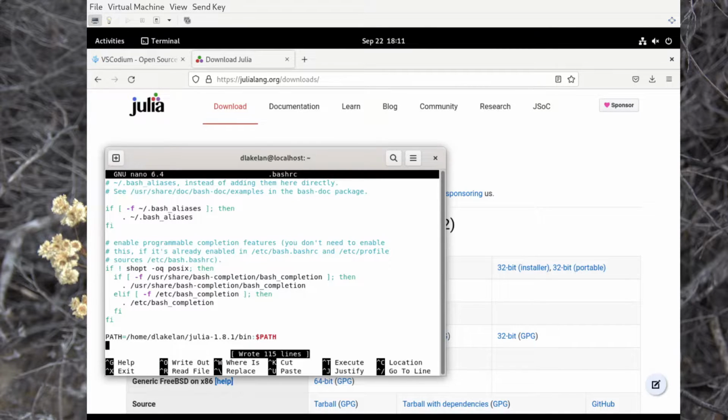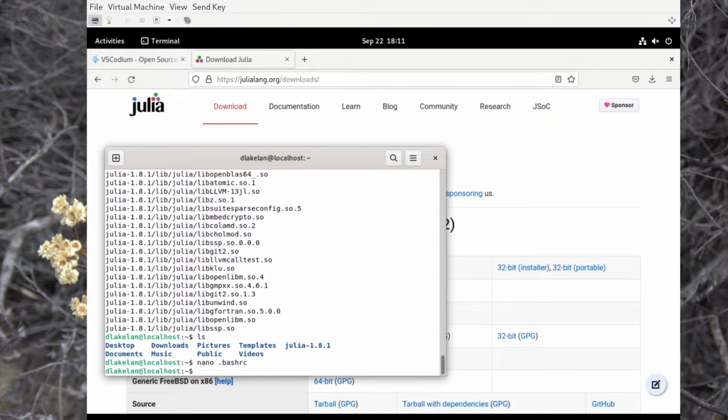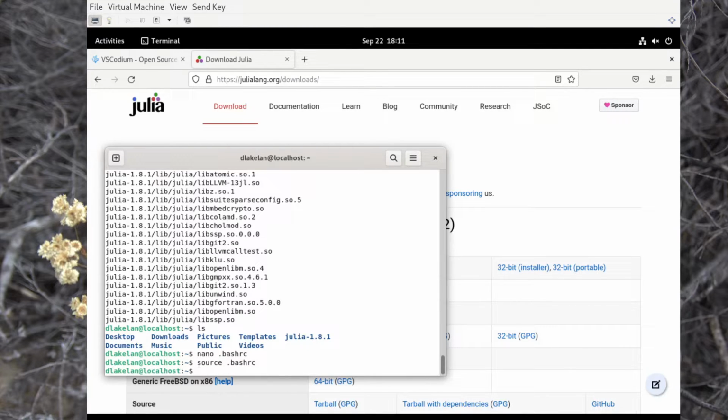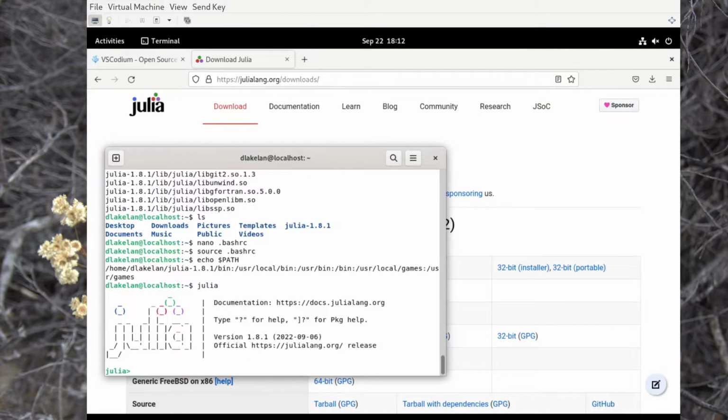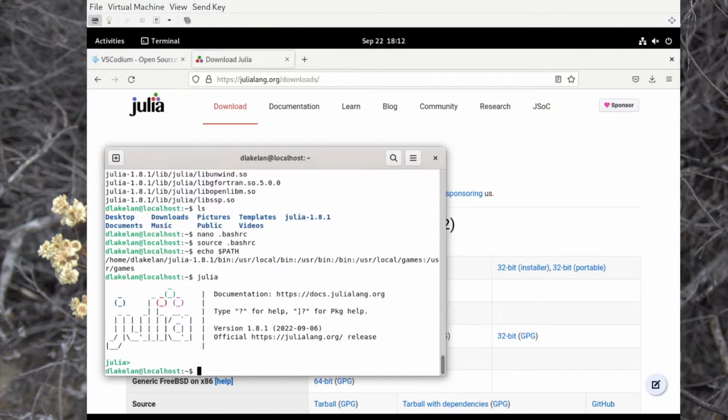Control O to write that out. Control X to get rid of it. I'm going to source it. It'll normally get sourced when you open a new terminal, but now I should be able to say path. Okay, so, and if I type julia, it runs. Okay, so I've got Julia, I've got VSCodium, and the only thing I need now is to go ahead and go into Codium